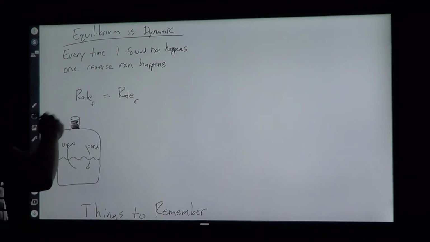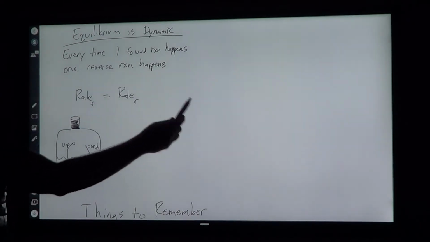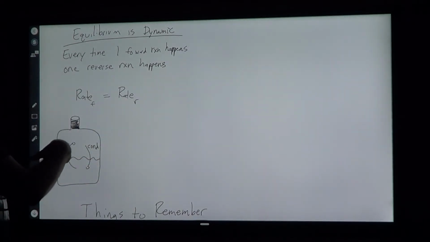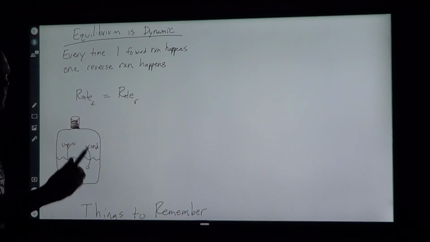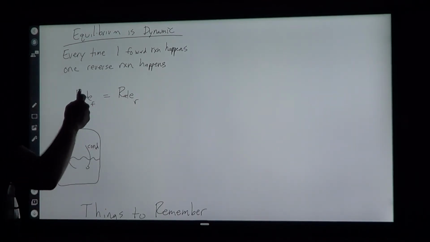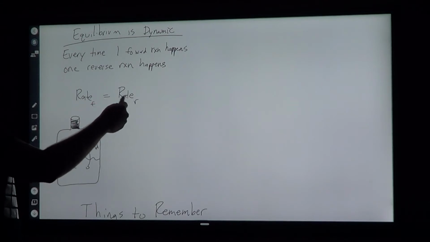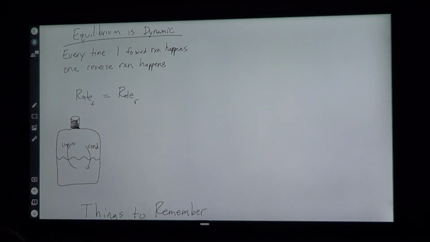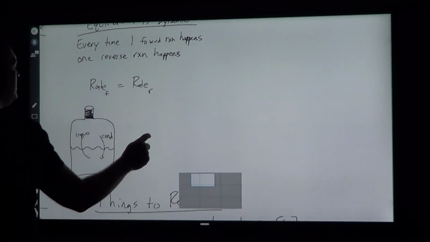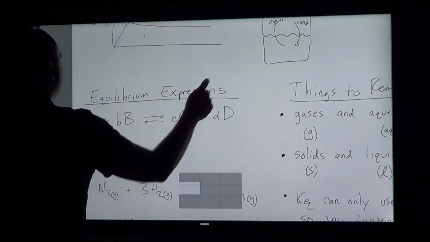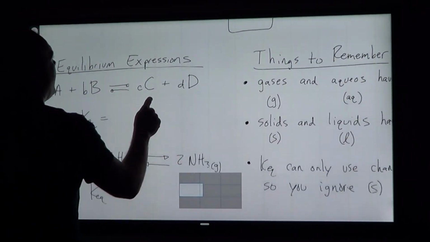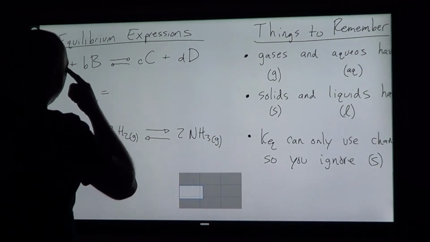You still have forward reaction happening, and you still have reverse reaction happening, but their rates are equal to each other. So from chapter 17, if it ever gives you the rate of one of the reactions, and it tells you it's at equilibrium, that number is also the rate of the reverse reaction. Okay? So now I'm going to slide down here, and we're going to talk about how to come up with